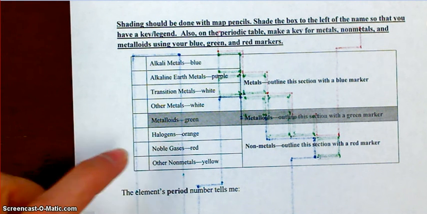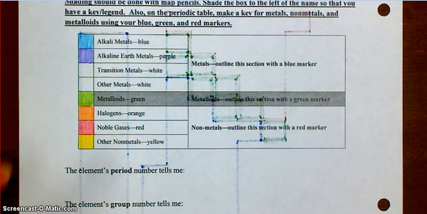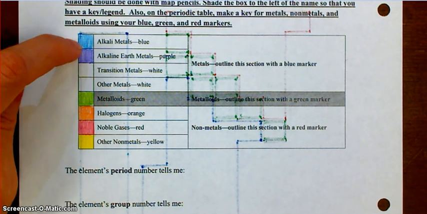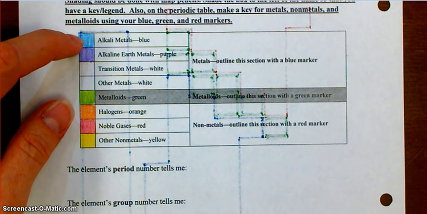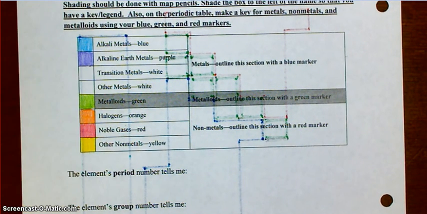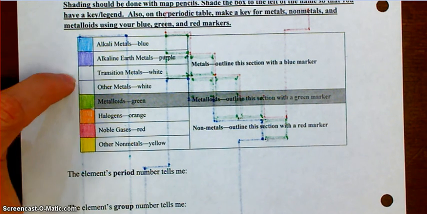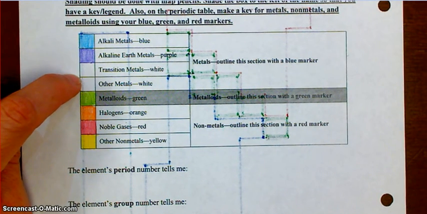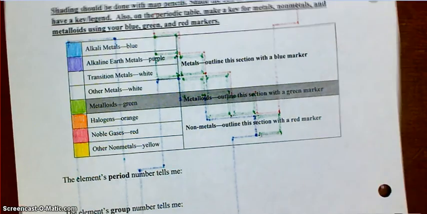I haven't told you where these are. Just fill in the key and then I will show you where they are. Okay, so I've got the key filled in. I actually picked light blue so that it was more obvious the difference between my blue and my purple because sometimes they look similar. But anyway, I've color coded it. I've left these two white because those are most of the metals. And then when I flip it over,